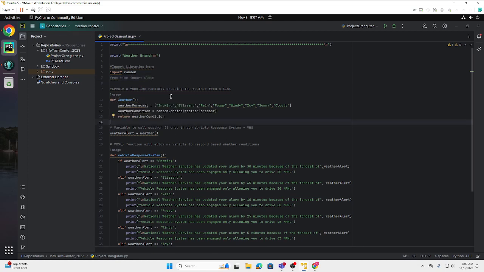This time our function is called weather. Inside that function, we're nested inside, if you want more terms like that, we use the weather forecast to show a list of all the weather forecasts it could be, like snowing, blizzard, rain, foggy, etc. And there's also a random choice here, so it would choose randomly through one of these. And then